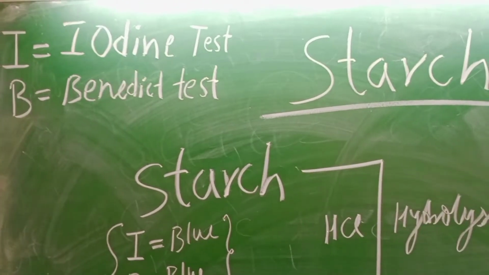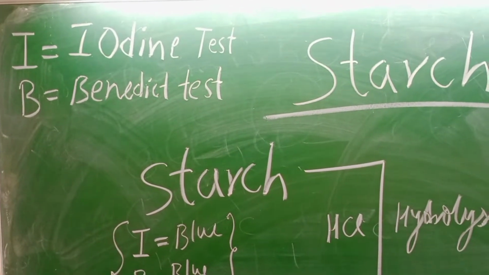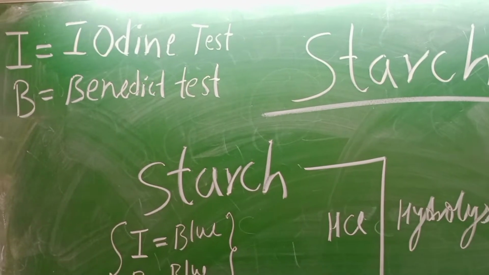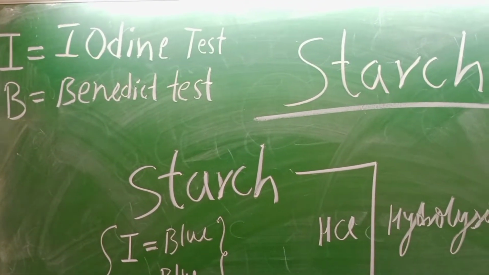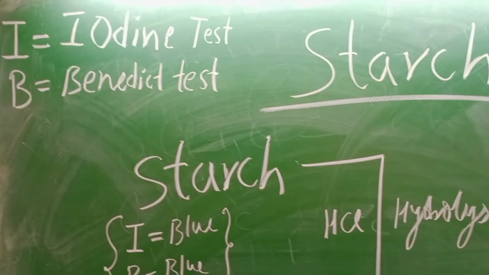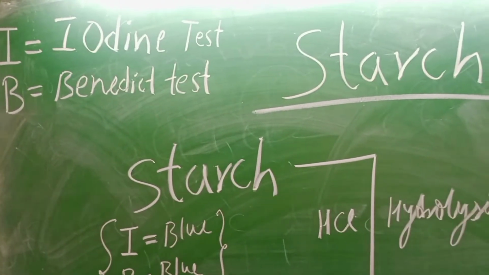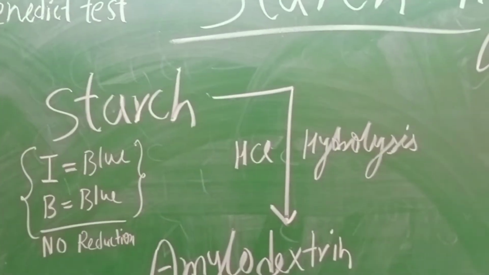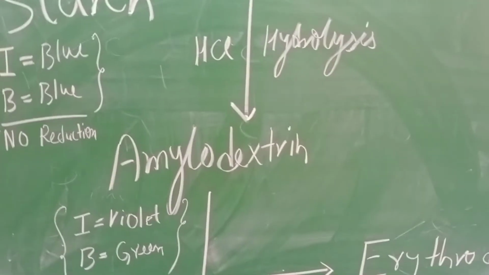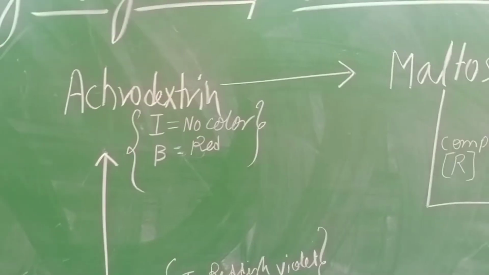So, the two reagents which I selected for the colorimetric identification of starch hydrolysis are, first, iodine, that is a standard iodine solution which is used for the iodine test, and the Benedict reagent which is used for the Benedict test or the Benedict reaction. So, these two tests are purposefully used here for the colorimetric identification of the progression of starch hydrolysis and to determine the subsequent products which are formed during this particular process.